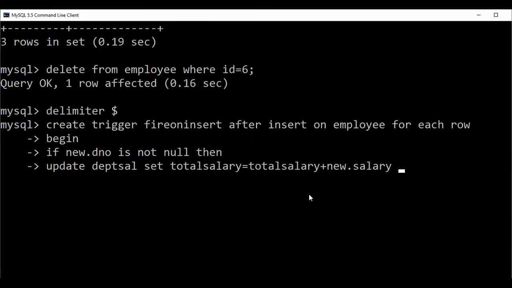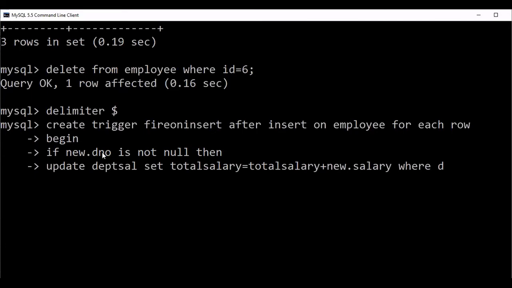And provided the condition is where new dot d number equals which one? Where this id must be equal to some value, since it is not null. Sorry, it's not new. In the department salary table there is the department number, maybe d number.